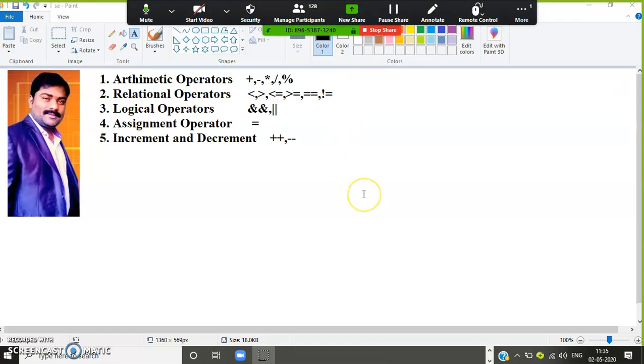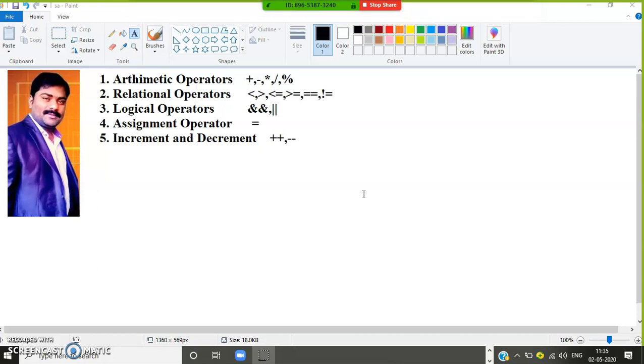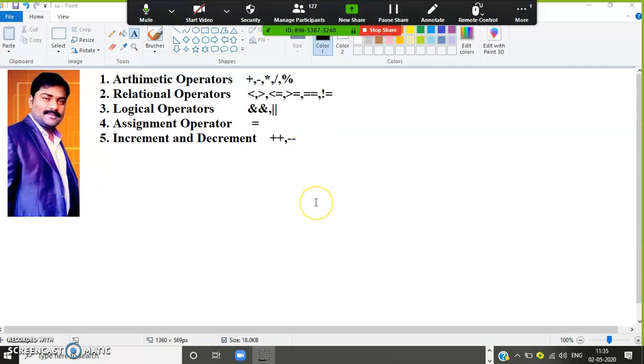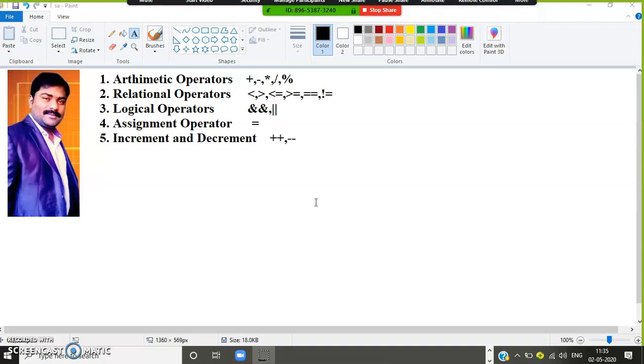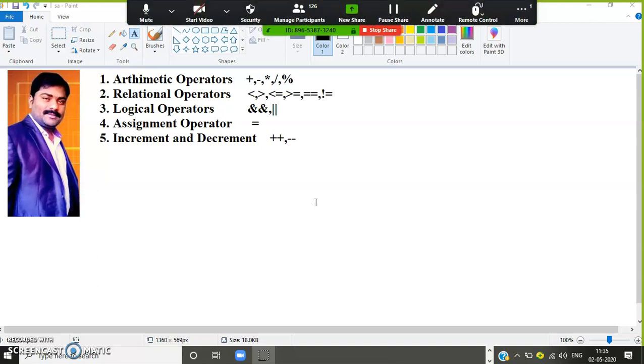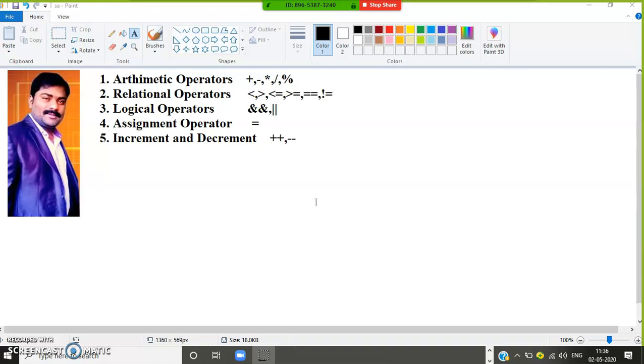As a developer, you have to take some decision before executing some logic. Is it clear? In that case, we use relational operators. If you want to compare multiple conditions at a time, then you have to use logical operators. Amazon wants to give a discount to customers whose total bill is greater than 10,000 and who pay by using an Axis Bank debit card or credit card. Both conditions must be satisfied. The bill must be greater than 10,000, and the payment must be done through an Axis Bank debit card or credit card.